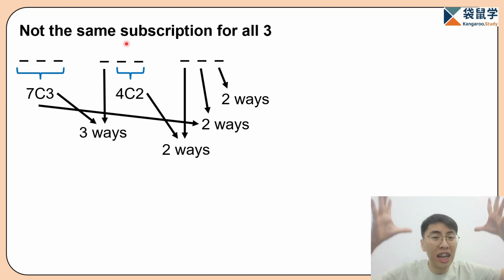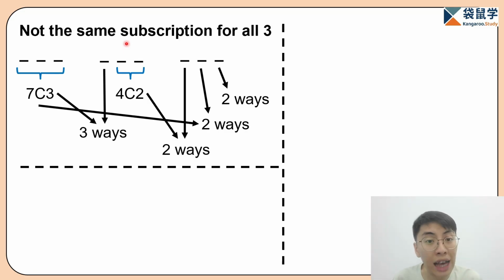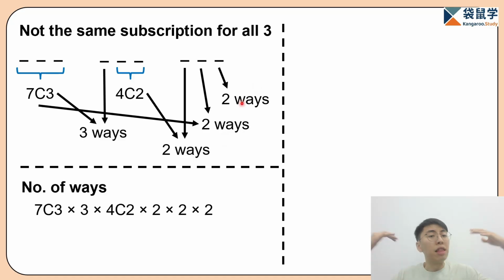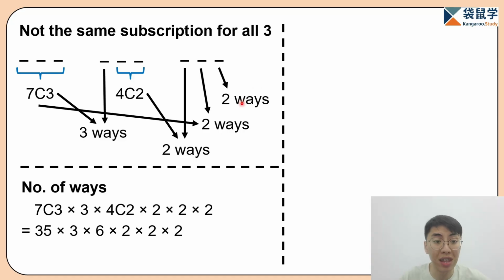Now, combining all of them together, the total number of ways should just be all of them multiplied together. And that gives us 7C3 multiplied by 3 multiplied by 4C2 multiplied by 2 multiplied by 2 and another 2. And if we calculate it out, it gives us this final answer of